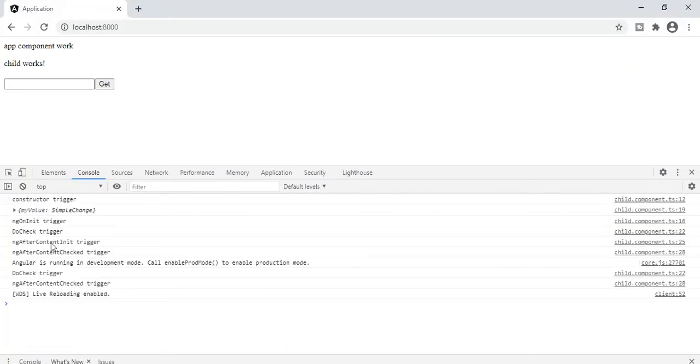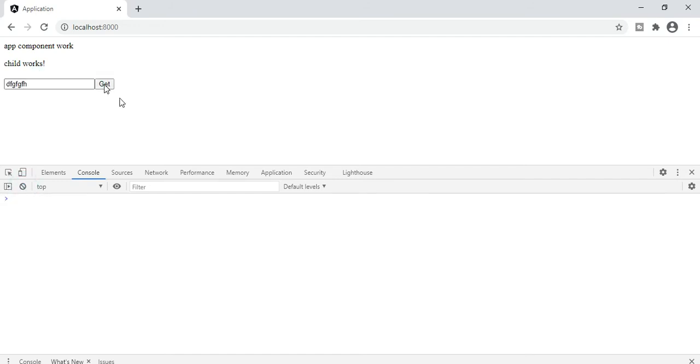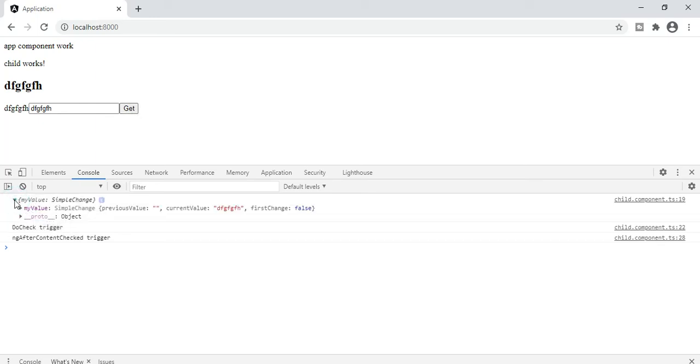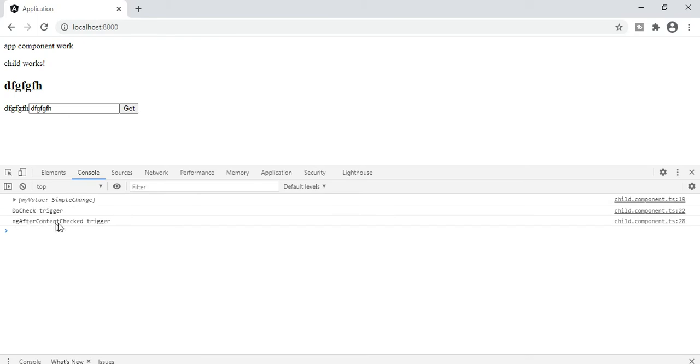Your content init happened, and after this content init, your content checked happened. Now let us change the value and we'll see the do check is triggered because of the button, and you see the previous and current value from here, and after content checked because we have changed in ng content, correct?